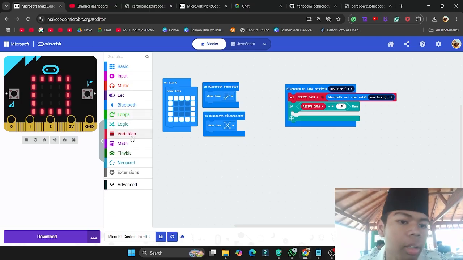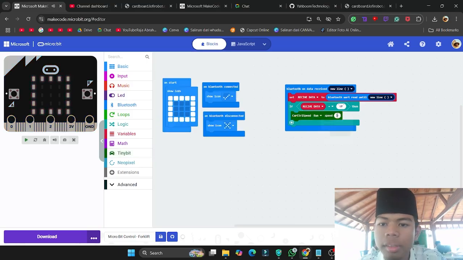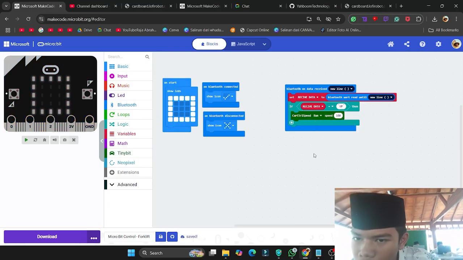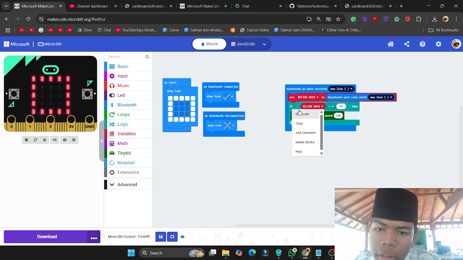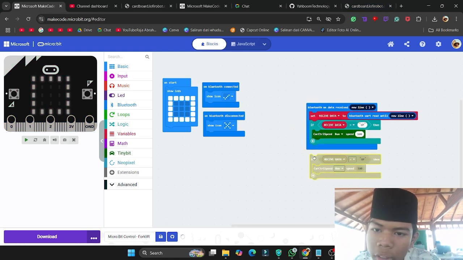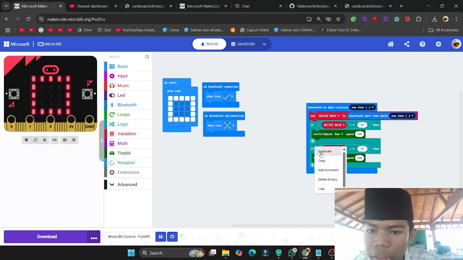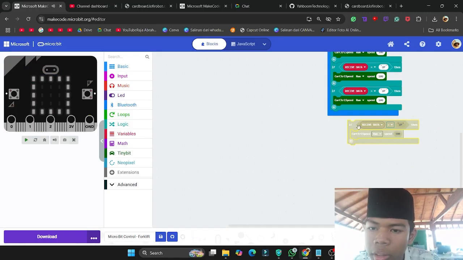if then statement, and we're going to put our control for our car here. It's going to move 100 at a speed of 100. So when we press up on our website, we're going to move our car 100 at the speed of 100. And let's duplicate this 4 times, I mean 3.